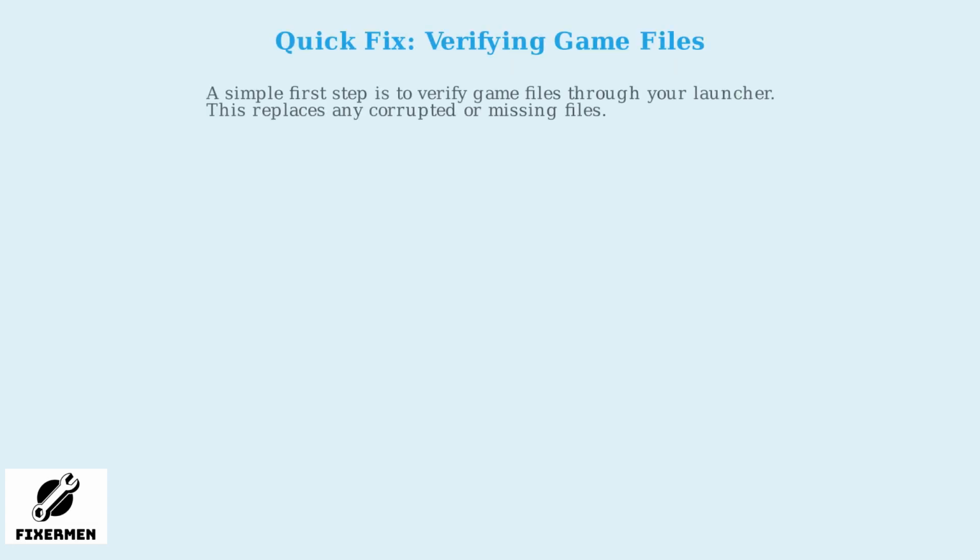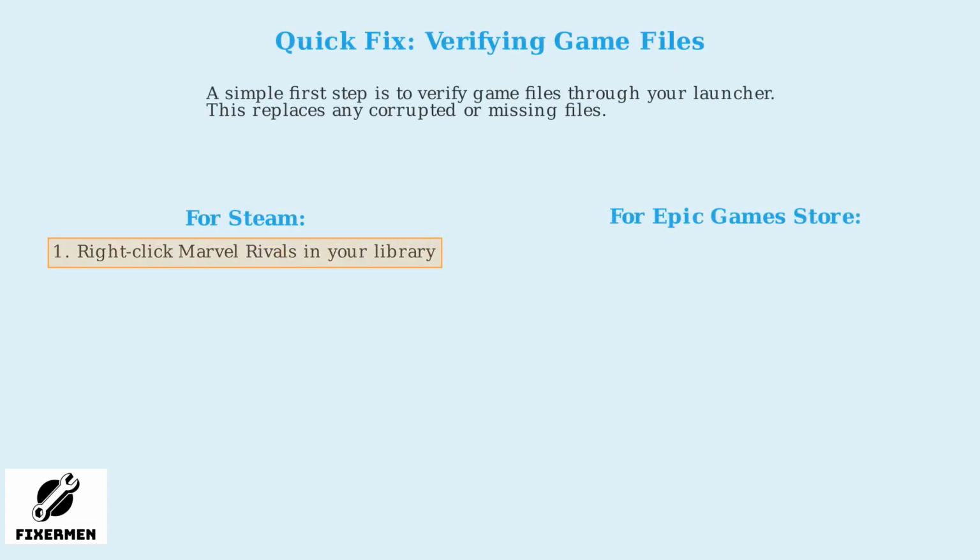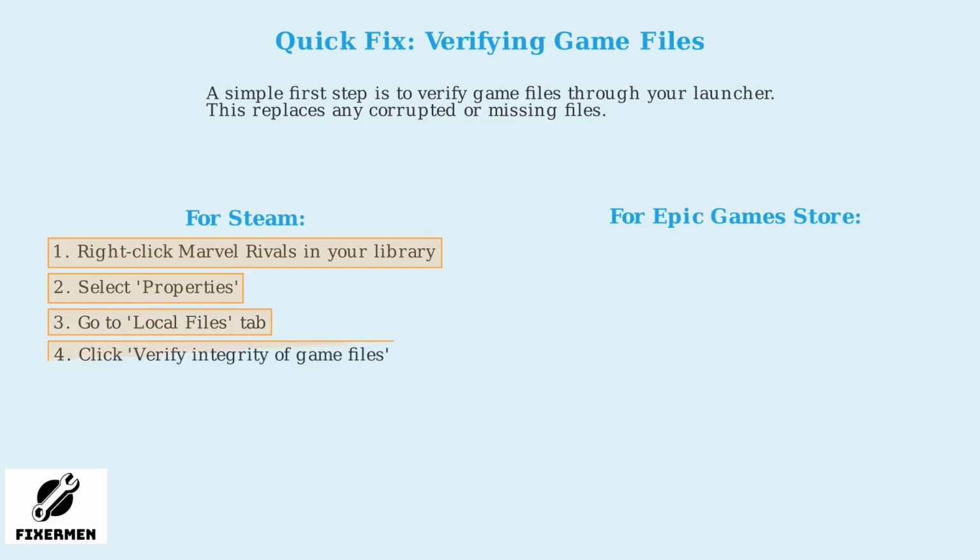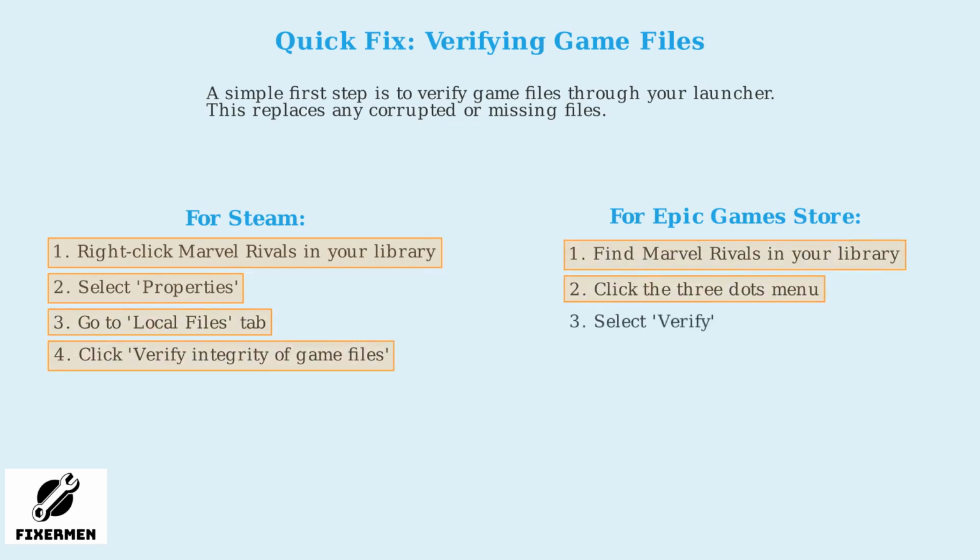A simple first step is to verify the integrity of your game files through the game launcher. This replaces any corrupted or missing files. For Steam users, right-click Marvel Rivals in your library, select Properties, go to the Local Files tab, and click Verify Integrity of Game Files. For Epic Games Store users, find Marvel Rivals in your library, click the three dots menu,